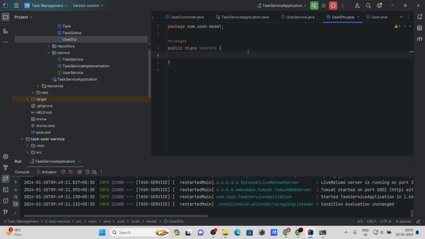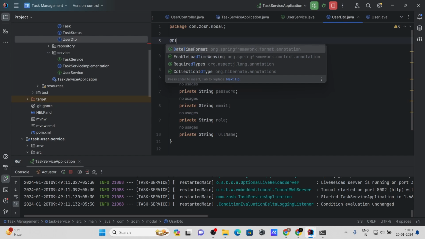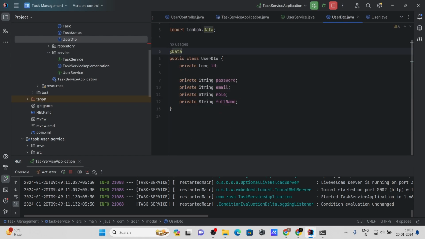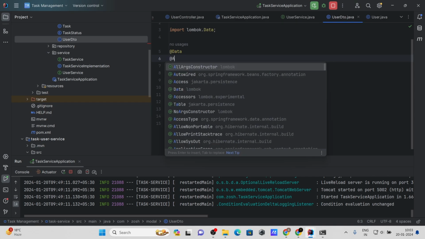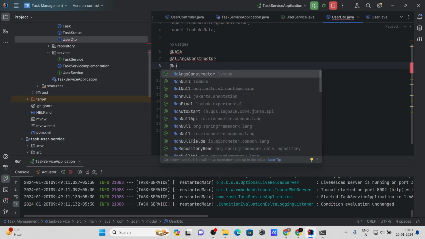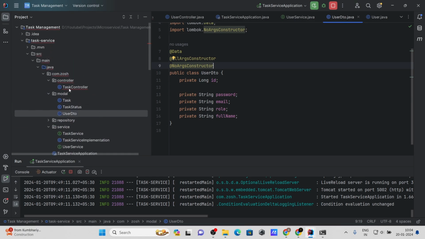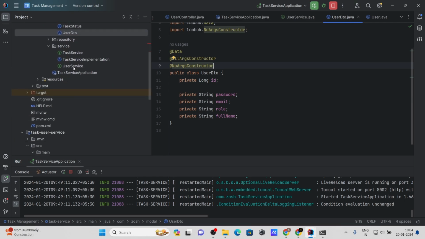And let's go to user DTO, let's annotate with @Data. Since guys it is a DTO, we don't need to annotate with @Entity. Okay, so don't confuse, this is not our entity guys, this is just a DTO. No args constructor. All right, now let's go to our services, user service,